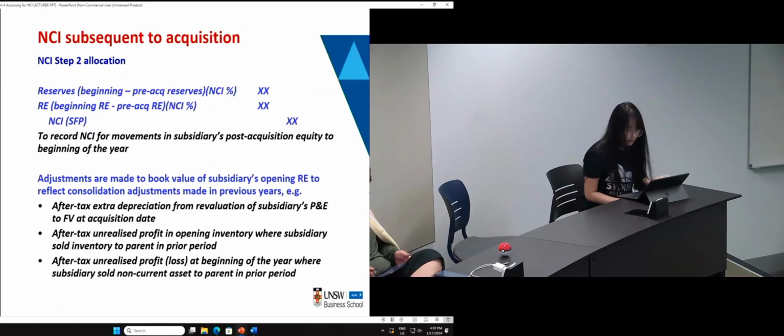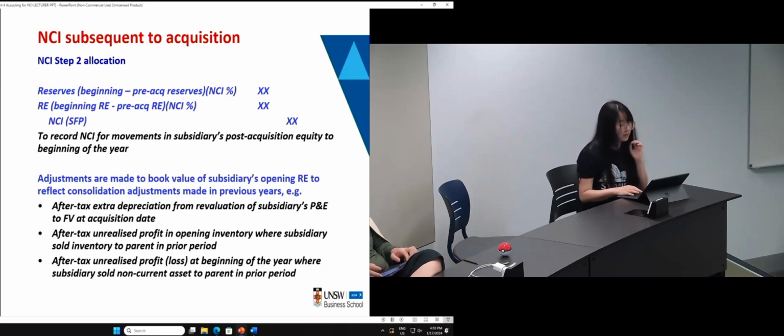Now let's look at the general format. Here we are assuming the positive changes in retained earnings reserve have been identified. Now we allocate that proportionally to NCI. So assuming the positive changes, the beginning balance of current year is greater than the acquisition date balance, then you have these 2 lines on the debit side. Otherwise, you switch the debit credit sign.